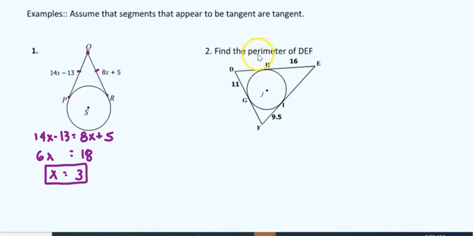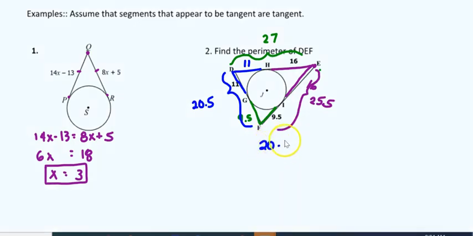And this one looks involved, but it's not really. Just remember, if you have a common external point, the tangents are congruent. So these parts are congruent. These parts are congruent, 11 and 11. And these parts are congruent, so 9.5. So if you know all those three sides, then you can add them together. So let's do this side. This side right here is 25. So if we add them all up together,